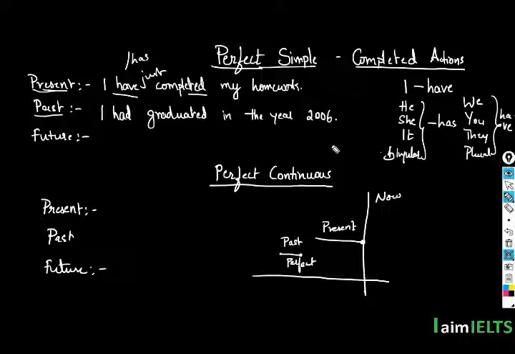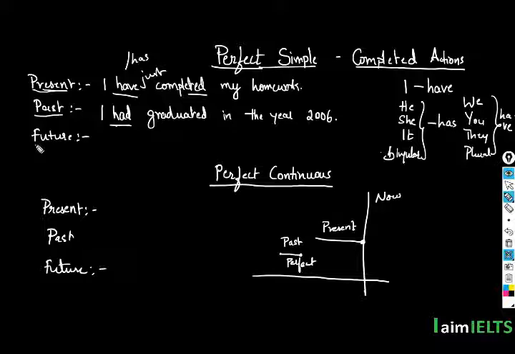Many a time when I ask a question about qualifications, a lot of people give me sentences like these. They say, I have finished my degree in 2001. Well, 2001 is very long ago. It is almost 17 years ago. So when you're talking about an event that is too old, you cannot use words like have. It should be had.